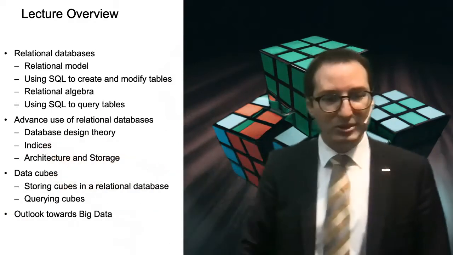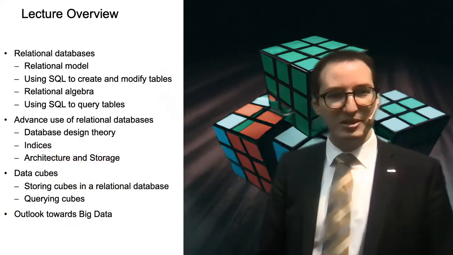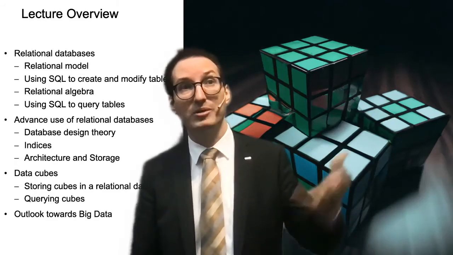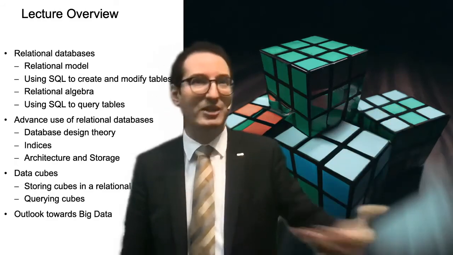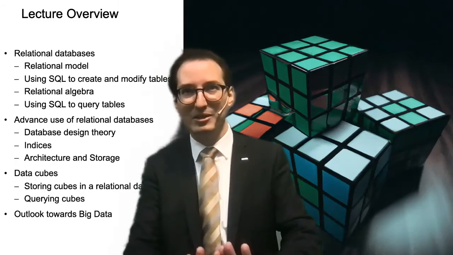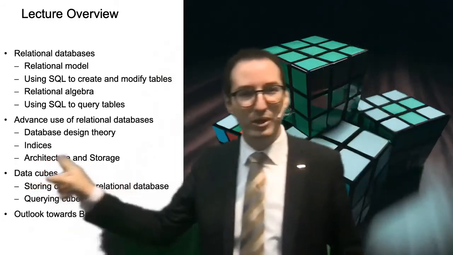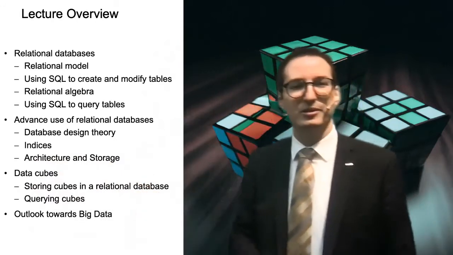Then we will look into the architecture of the system, what there is inside a relational database system. How does it actually store things on disk? Because eventually it comes on disk, right? But it's just that it isolates you from that. So you don't have to deal with that. But we'll still look into how it looks like just out of curiosity.